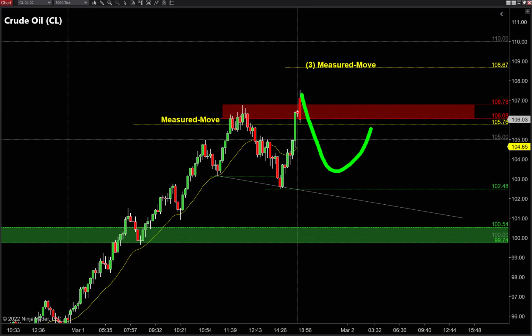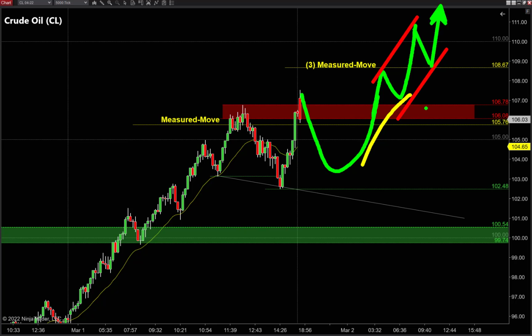We pull back, we break through it. 1, 2, 3 move, right? 1, 2, 3 breakout pattern. Mark up that new high, drill down, and then where's our target from there? Remember, first leg, third leg. Remember, when you see a range on the chart,